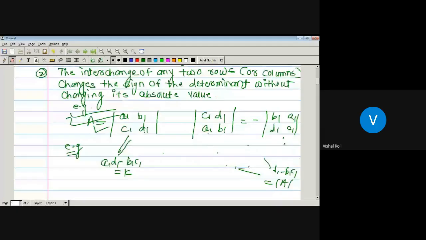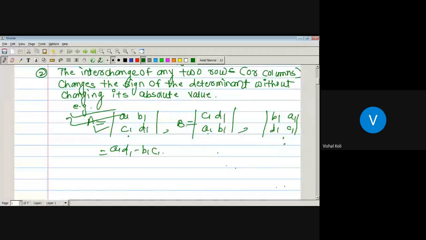These are the three determinants. It is a a1 d1 c1 and d1, and now this will be determinant b. It is a determinant which is obtained from the first determinant by changing its rows. Here we have just made first row as second and second as first. Now its determinant value is equal to b1 c1 minus of a1 d1, which is equal to minus of a1 d1 minus of b1 c1. But this is the determinant value of our a, which is equal to minus of determinant of a. It means the determinant value of b is negative times the determinant value of a.